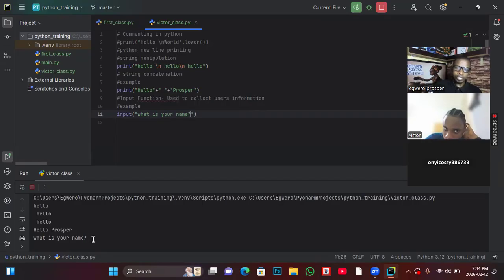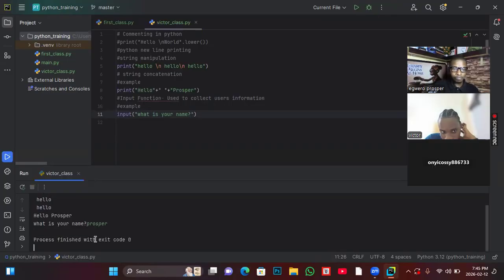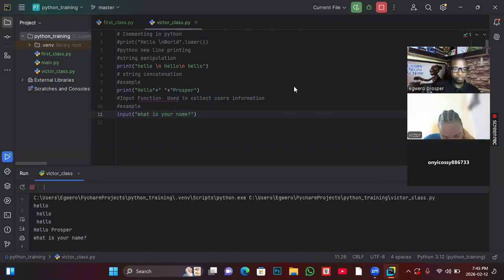Now, where do you provide the name? You don't provide the name here. You provide the name here. So you come after the question mark and type, let's say you are answering the question now. What is your name? My name is Prosper. And then hit enter. Let me run the code again and see what is your name, Prosper. I'm expected to get the Prosper